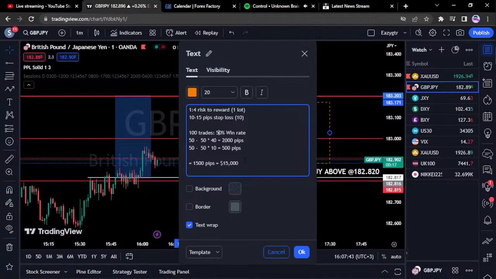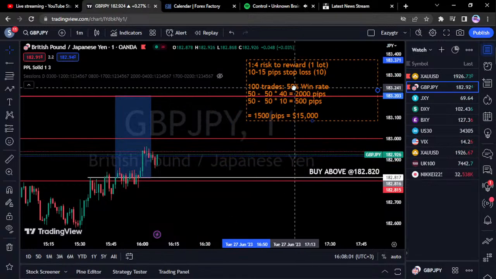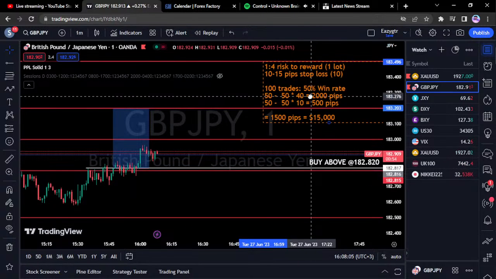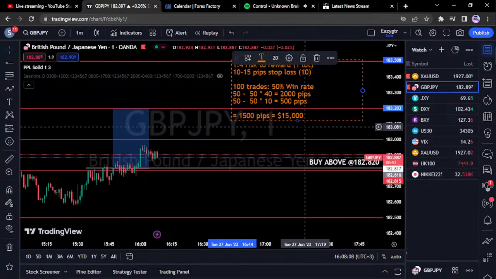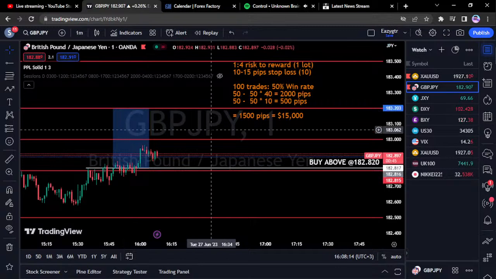And since human emotions are bound to get into your trading, you might take emotional losses, and those emotional losses will be covered by your risk to reward. So I think that's it on risk management. You can screenshot this or whatever you want to do, you can write it down. So that's it on risk management,